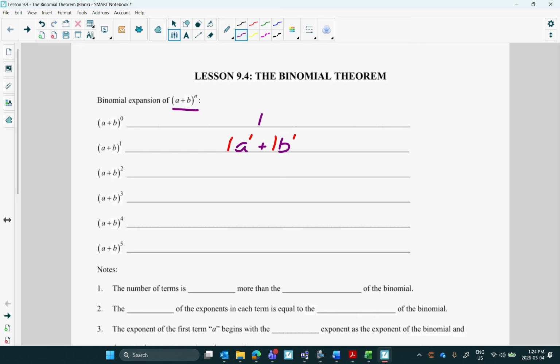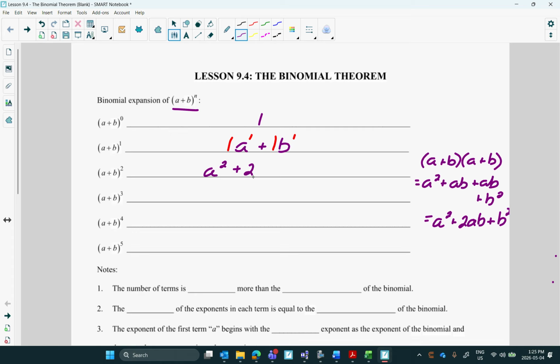Now this one, a plus b squared. Now remember, that means the same as a plus b times a plus b, which is a squared plus ab plus ab plus b squared, which is a squared plus 2ab plus b squared. Okay? So I'm going to write that. A squared plus 2ab